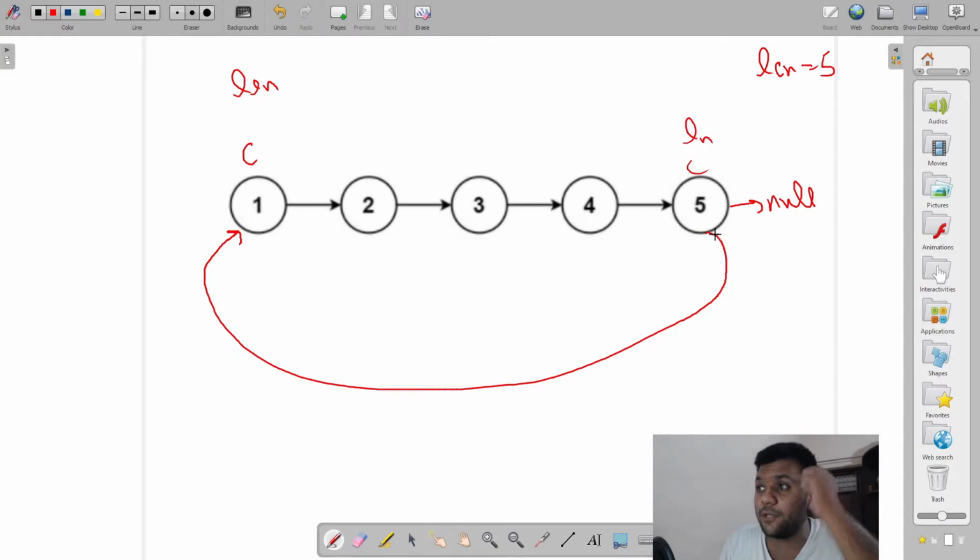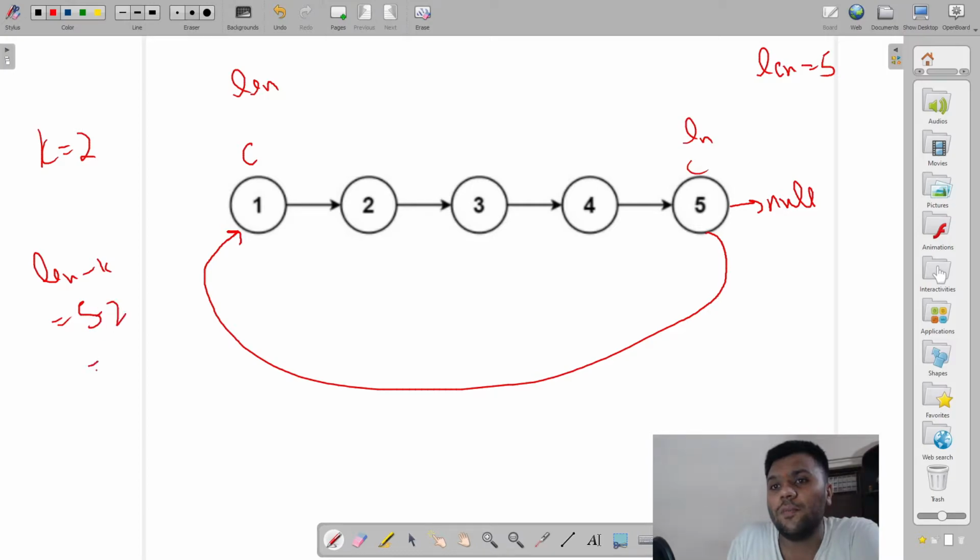Okay, so guys, I have its length now in my hand. So by doing this, I know what the k is. Let's say my k in that previous example is 2. So I will subtract it from my length. So my length will be length minus k. It will give me 5 minus 2, which will give us 3. So what does this thing mean? It means I have to traverse still only over here.